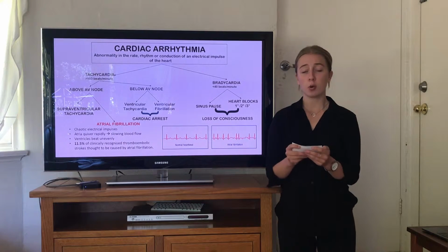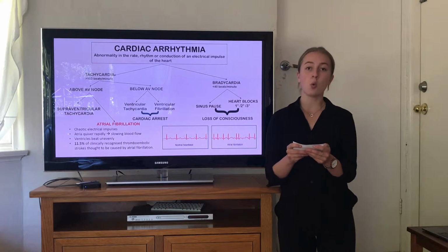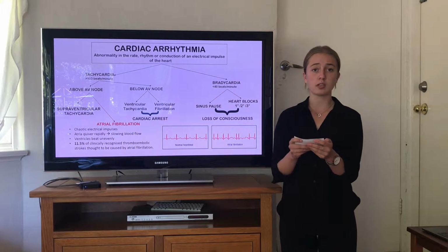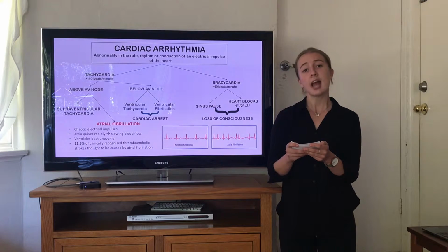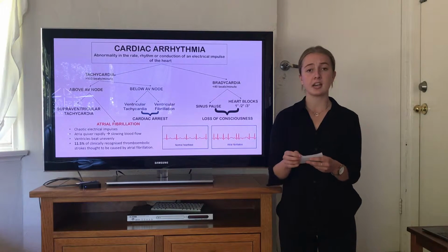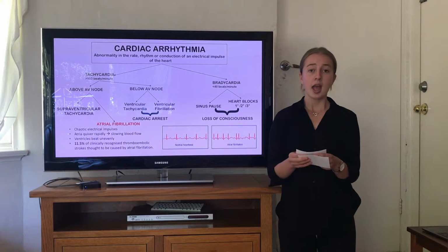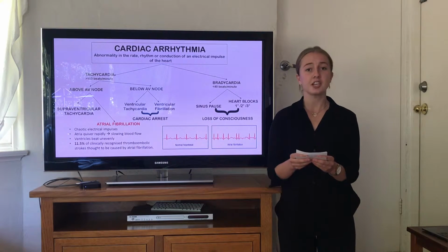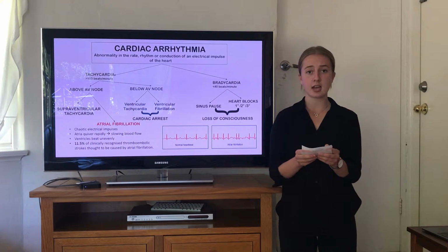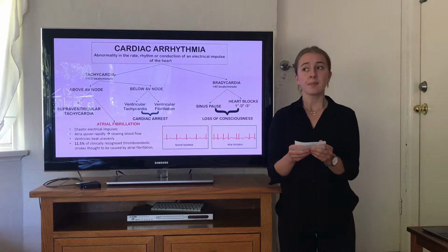The atria quiver in a rapid, uncoordinated pattern, slowing blood flow and causing the ventricles to beat unevenly, affecting how blood is pushed around the body. This makes the heart beat extremely irregularly. The most significant complication of atrial fibrillation is a stroke, with 11.5% of clinically recognized thromboembolic strokes thought to be